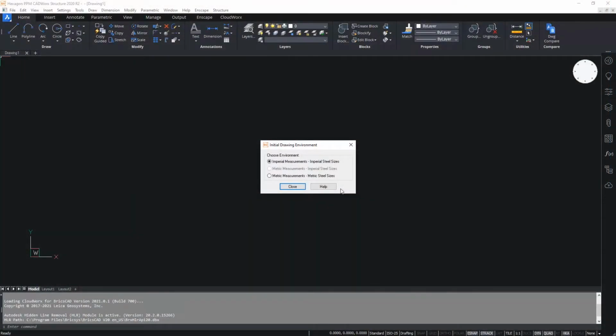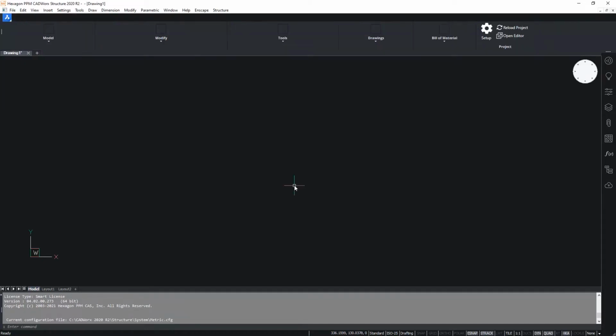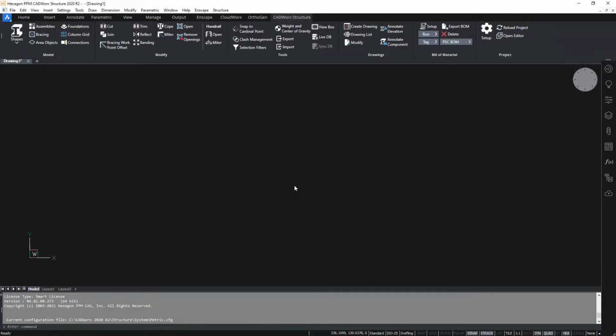So on launching CADWorx Structure for the very first time, once again we see the initial drawing environment dialog box. Here I'm going to choose metric for my drawing environment and hit close. Now we see the CADWorx ribbon. So on the ribbon, as with the other modules, we have the setup dialog box, which is a key window,